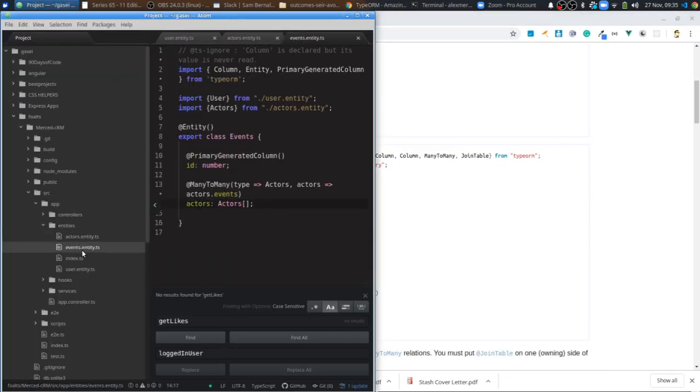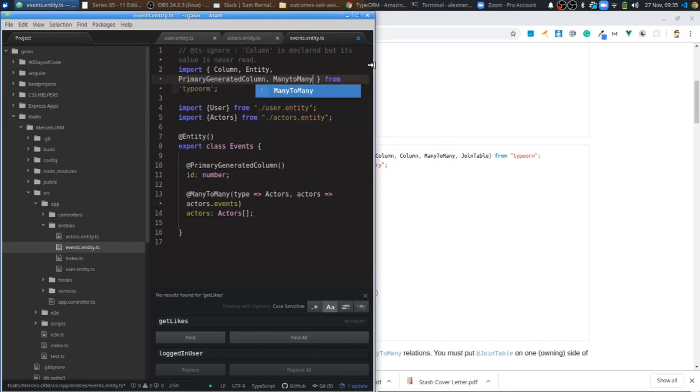Okay, and then we go to events, same deal. I don't have to import the join table in there, but I do need to bring in many-to-many. Okay, and then I just do the same thing, except now actors is what I'm associating it with. So every event will have an array of actors who are associated with the event. Okay, cool. But the thing is that I don't want every user seeing everybody's events, because I want this to be a multi-user program. So what I need to do is create a relationship between users and these